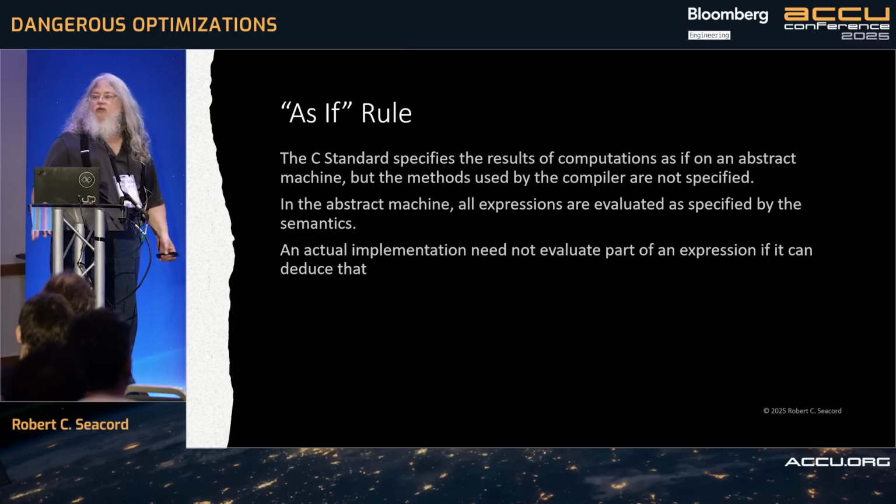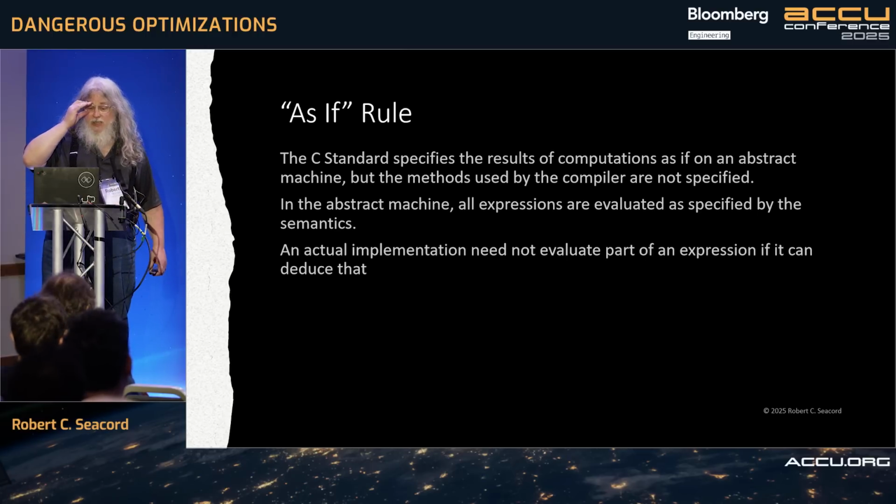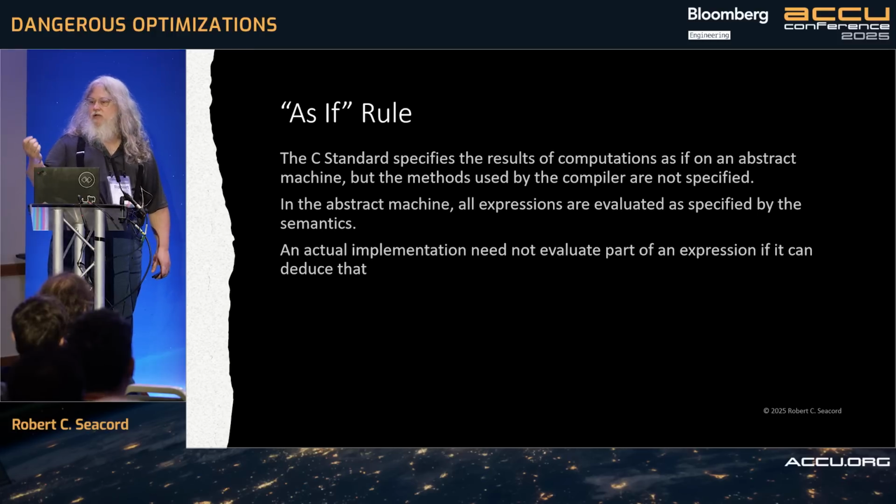A mistake I've seen people make is, if you're trying to figure out what your C or C++ program does, don't think about optimizations. Think about the abstract semantics. Just go through every step according to the abstract semantics, because the compiler is required to produce that same result, even if it's optimizing or doing something different on the way to getting that result.